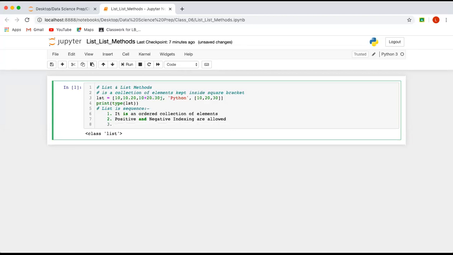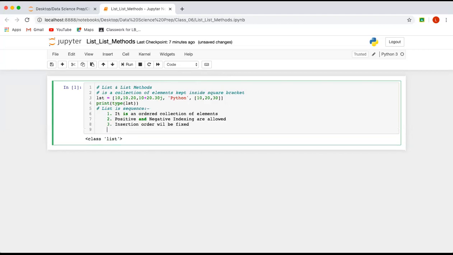Now the third we learned is insertion order, right? Insertion order will be fixed, right? So the order in which they are inside the list, they will remain in the same order in the case of the sequence, right? Now, what is the fourth we have seen? The fourth we have seen is the basic operations, like concatenation, then repetition, and membership.